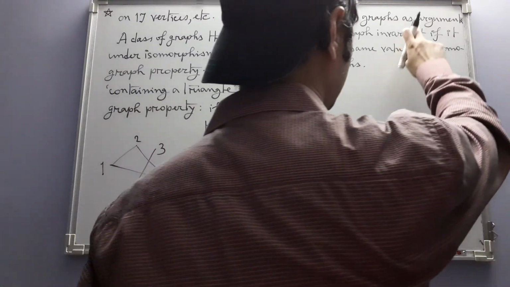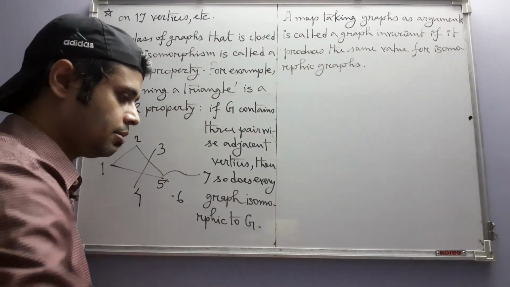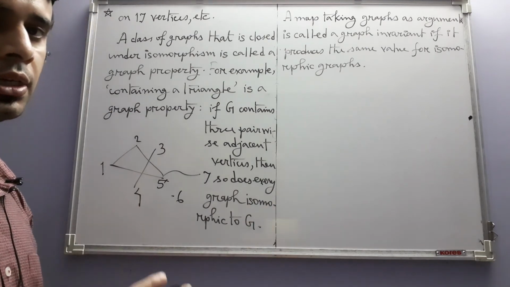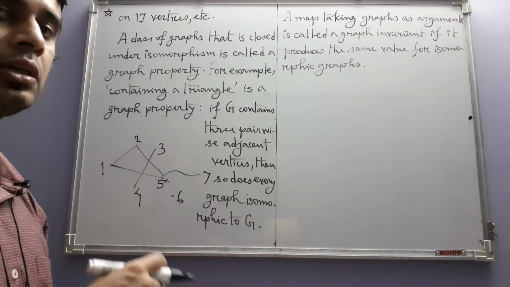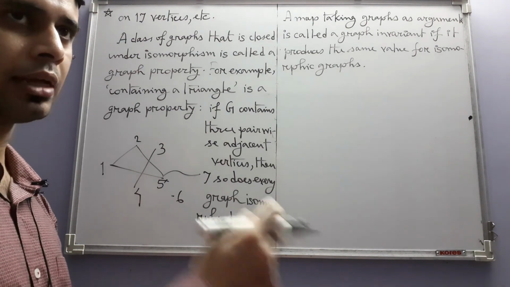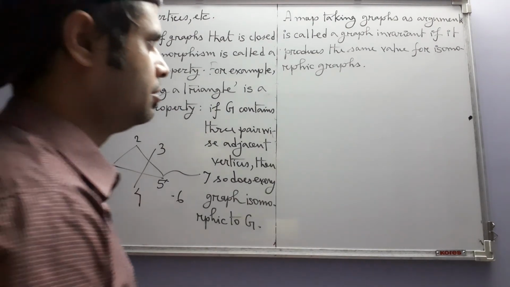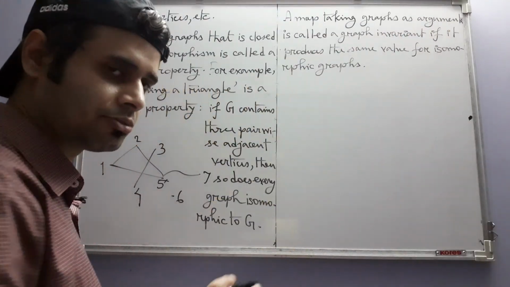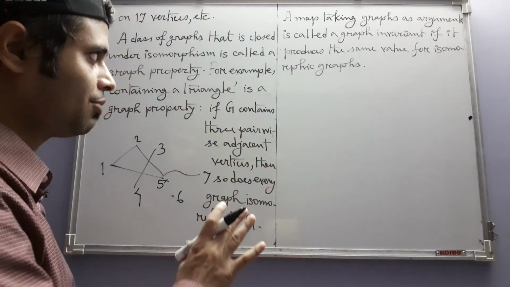Such a function must have a graph as its input. The output may be anything. It may be an integer, a rational number, it may not even be a number, it may be some other graph also. Okay, so if that stays the same for isomorphic graphs, then we call such a function a